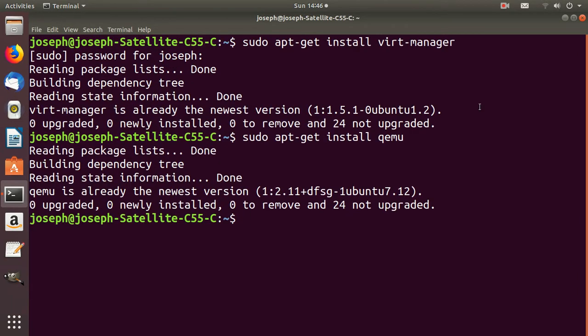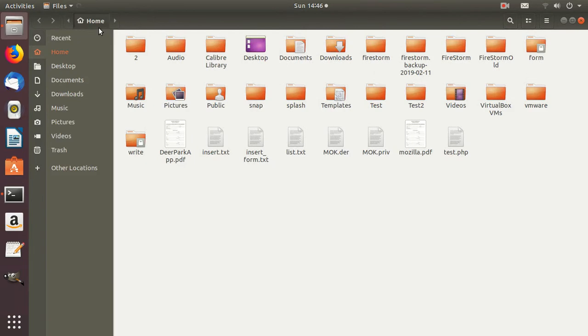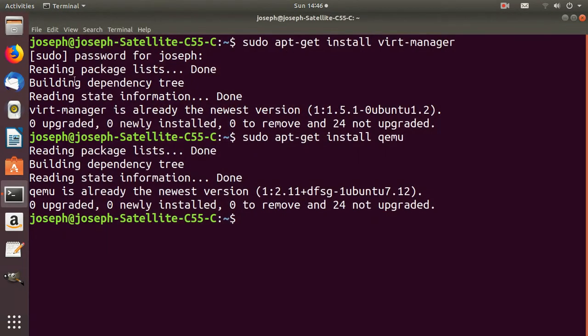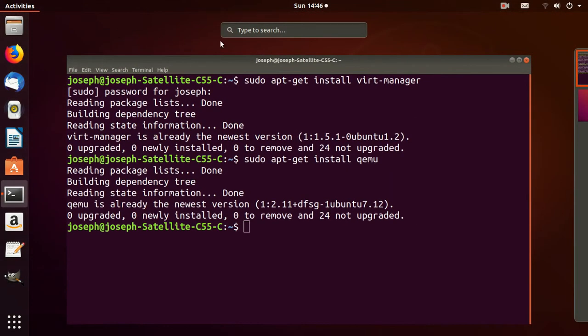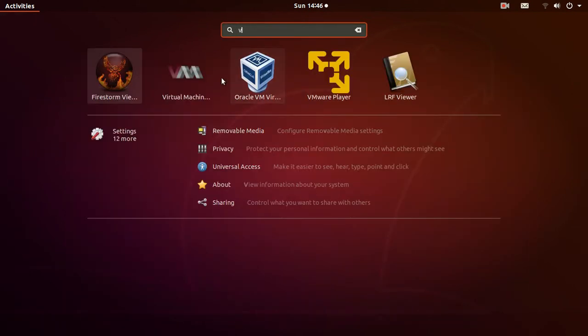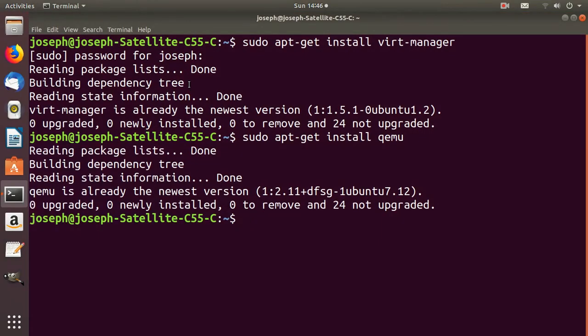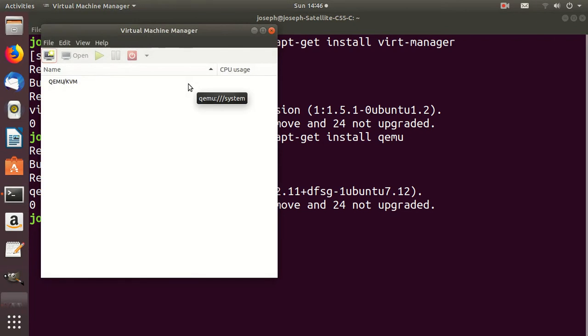Okay, so you're going to want to do sudo apt-get install virt-manager, and once that's done installing, you're going to do sudo apt-get install Qemu. So once those are both installed, you can find Virtual Machine Manager by going to activities and typing in virtual machine. And if you click on the logo,